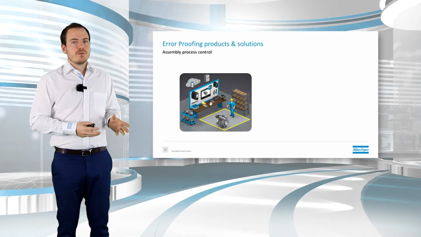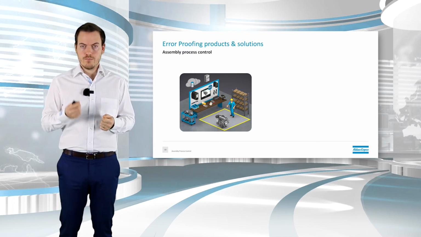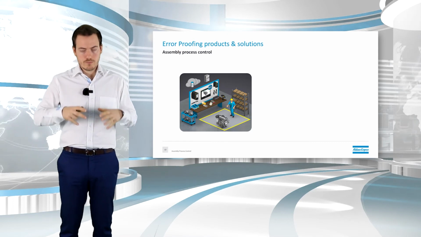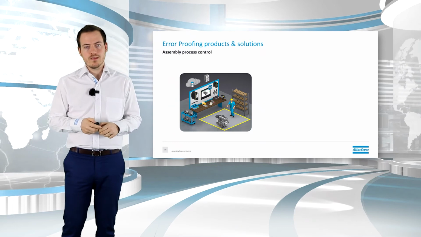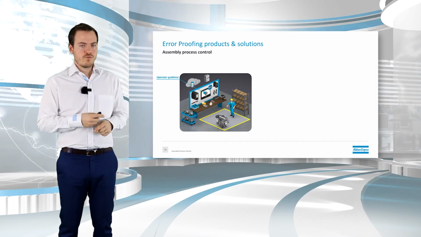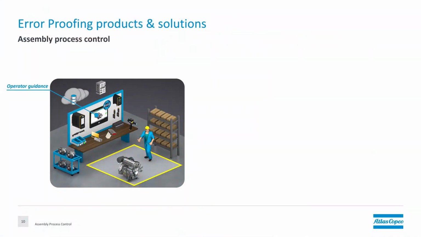And now I'm focused on this, but remember, Atlas Copco has a lot of products that can support the process control of the assembly. Now, error-proofing is just one of those solutions that can bring many of those points together. So here we have an SQS3 running on the station, as you see there, and of course we have operator guidance. But remember, SQS is not just operator guidance, it's really controlling the process. Operator guidance is what the operator sees on the screen. That's it. So it's guiding the operation, the steps, but in the background, the system is really controlling the process,